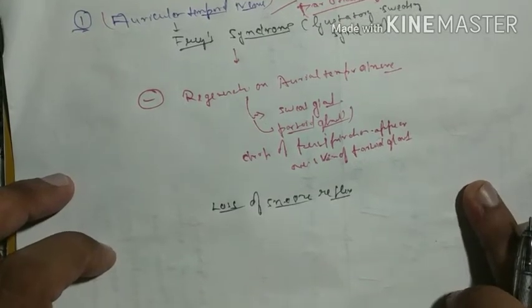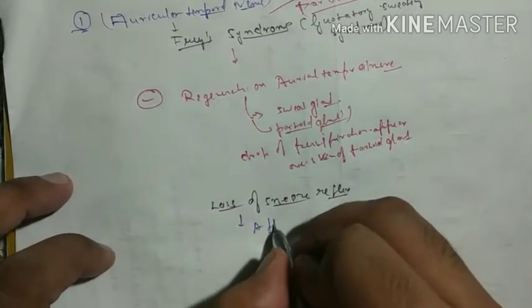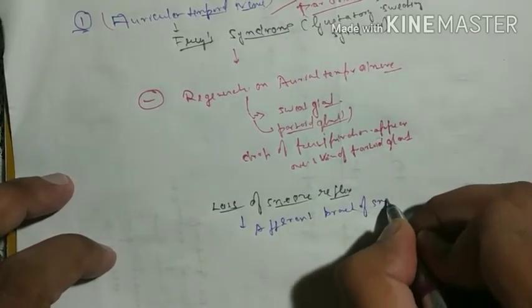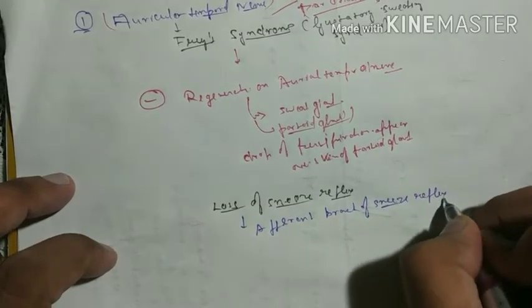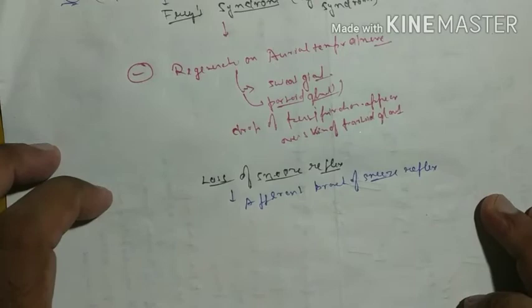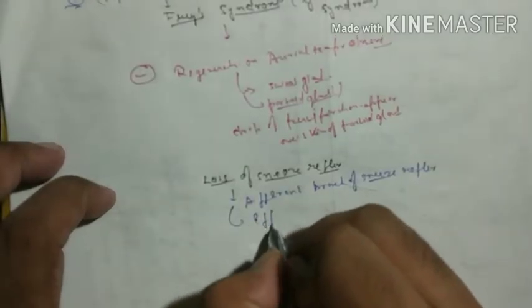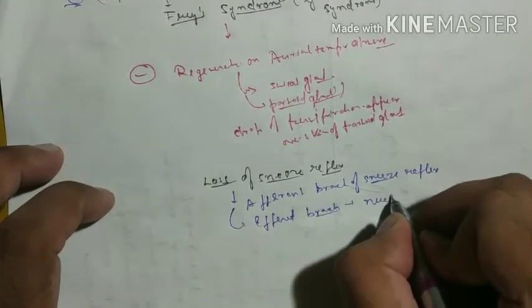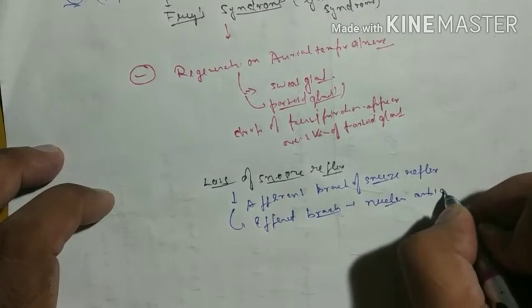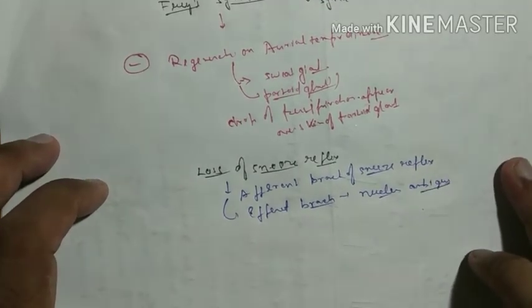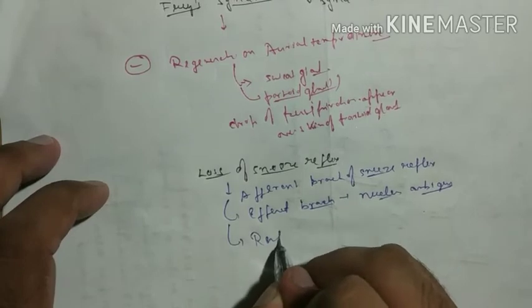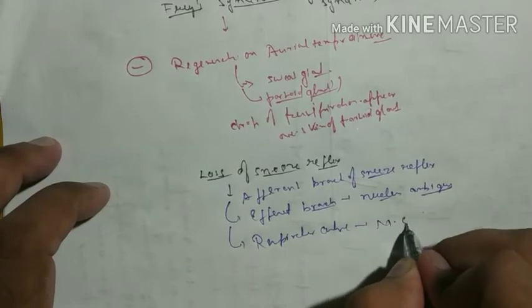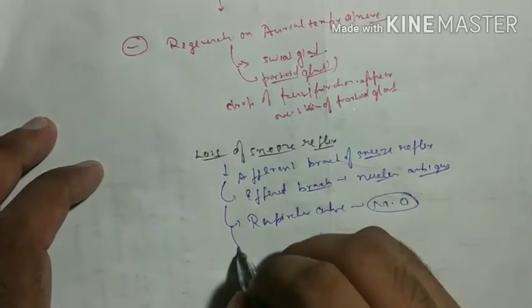This branch is the afferent branch of the sneeze reflex, and the efferent branch of the sneeze reflex is the nucleus ambiguus, and the respiratory center in the medulla oblongata,